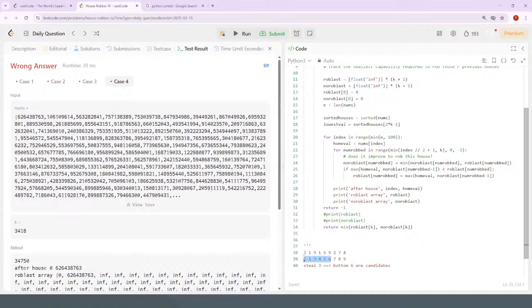But what if you kept track of a heap where you look at a number, and that would still be n log k rather than n times k. So if you have a heap of size k,